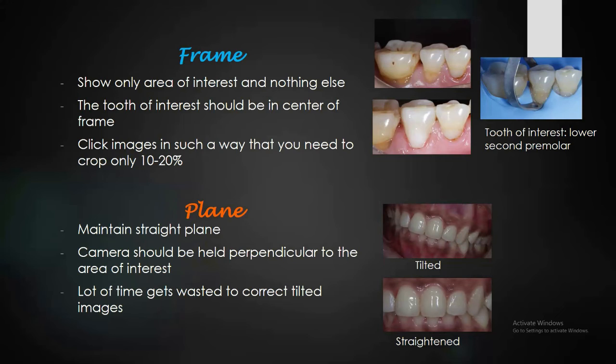Right. Now, the next important aspect of dental photography is the plane of the image. You need to maintain a straight plane. To maintain a straight plane, the camera should be held perpendicular to the area of interest. If not, a lot of time gets wasted correcting the tilted images using editing software. So here, as you see, the image was taken where the plane was not perpendicular and we've got a tilted image. Now, once we straighten this image using editing software,